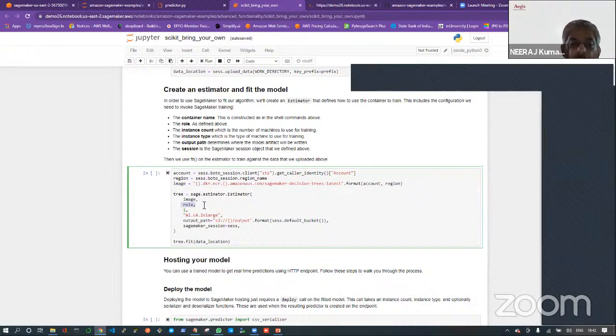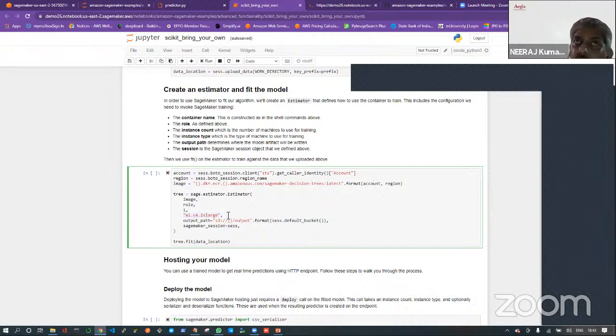So it needs some authority, so I am providing that role. I am providing that image, and I am also saying what kind of machine I want to run my training job on, right? So that's the flexibility of SageMaker. You can specify whatever kind of machine or infrastructure you want. As of now, I am using ml.c4.2xlarge. If you want GPU, you want TPU, all kinds of virtual machines are available in the cloud, within AWS.